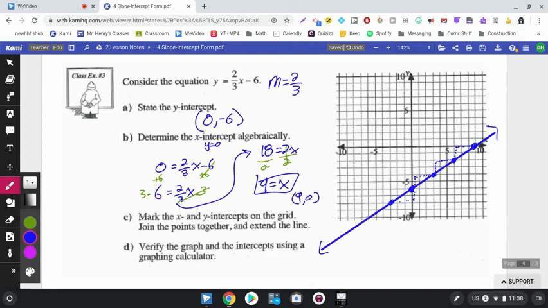So yeah, I have the y-intercept. Maybe I find the x-intercept algebraically and just connect those points. Or what I think is easier is just to do it with the slope and counting the slope. Okay, it says to verify